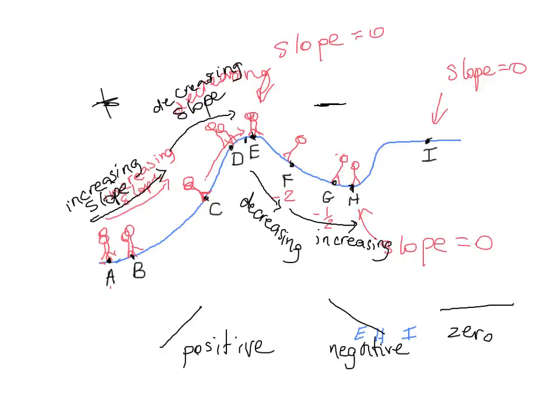And we can see something similar happening on this side. It continues to increase. Let's use that pointer here. It continues to increase till it gets to around here, and then it decreases back to 0. So that's what we're talking about when we speak about increasing and decreasing slope. All right,